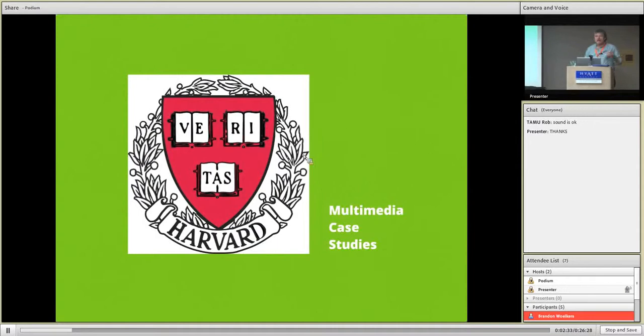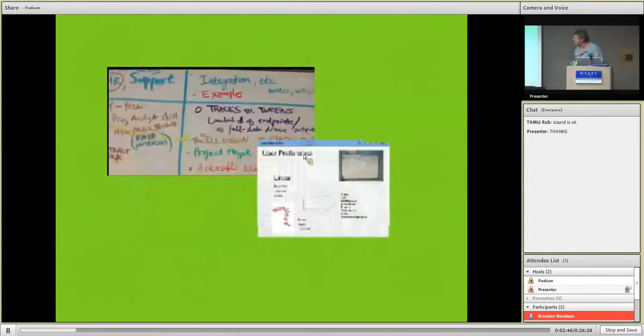Thanks to Harvard, I had a chance to look at many of their multimedia case studies, which integrated video and interactivity into educational case studies. So we started planning, trying to figure out how can we do this? So we filled whiteboard after whiteboard of brainstorming. What would an interactive multimedia case study look like, and how could we build it?